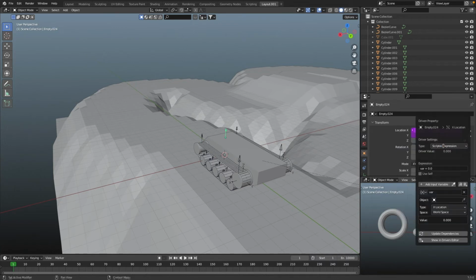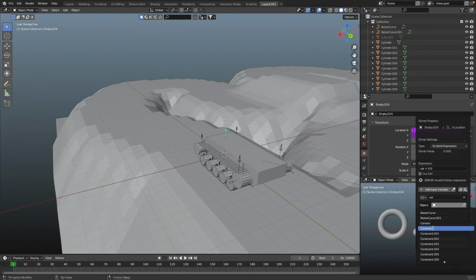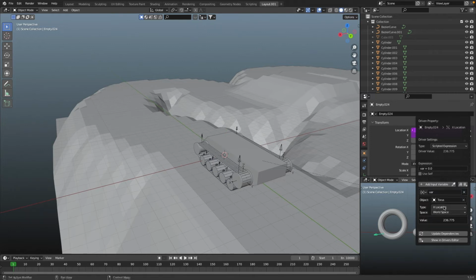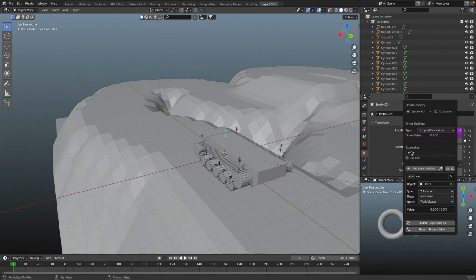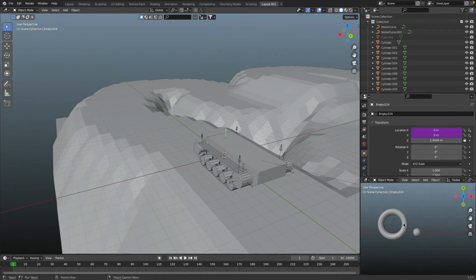We're gonna add a driver on the x location and we're gonna select our torus object here. Once we've selected the torus, we're gonna have to change the x location to z rotation, and we set it to 2 times the variable. We can keep it at world space because otherwise it doesn't work for some reason, as I've experimented with and had to trash that recording. But let's test this out. Moment of truth, guys. So if this moves while I turn it, holy crap, yes it does.